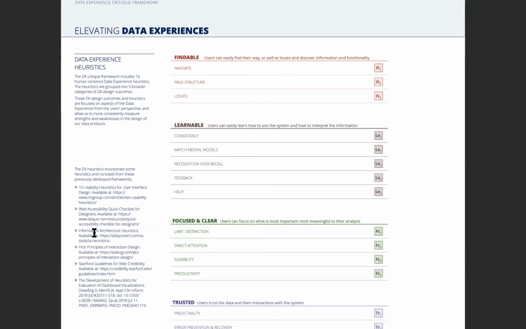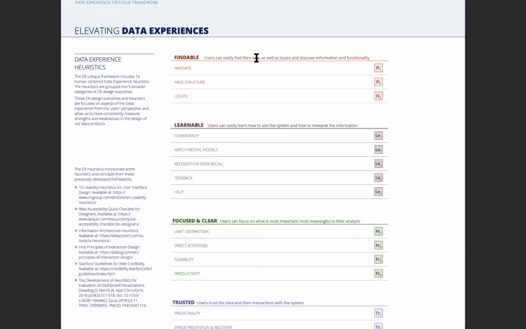So we started with some of the more common ones that are used in usability evaluations in the UX world, and then we expanded those to consider some of the more unique aspects of data visualization. What we ended up with is 16 heuristics, and we grouped those into 5 broad categories.